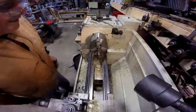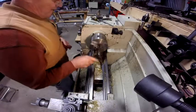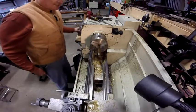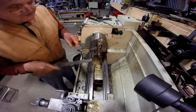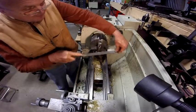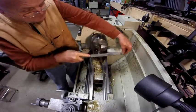What I did is put it in the other direction. This is the other end that goes down into the bed of the table, and I'm going to do the same thing on this end. I just chucked it very lightly onto the threads. I know that you probably shouldn't do that, but